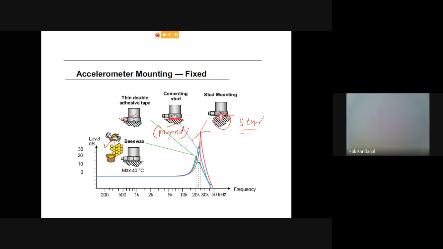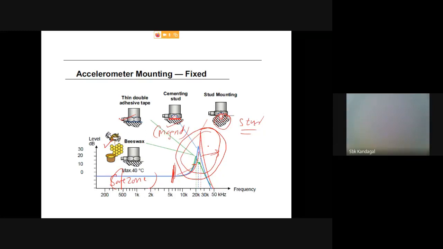Please note that this is the natural frequency of the accelerometer itself. Don't go beyond this 5 kilohertz. I am telling this again and again because you have to use it only in the operating zone. This is a safe zone. The moment you cross here, your data will get corrupted by the accelerometer itself. The structure is vibrating, and above that, the accelerometer will corrupt the signal. That's why try to use it only in the safer zone.